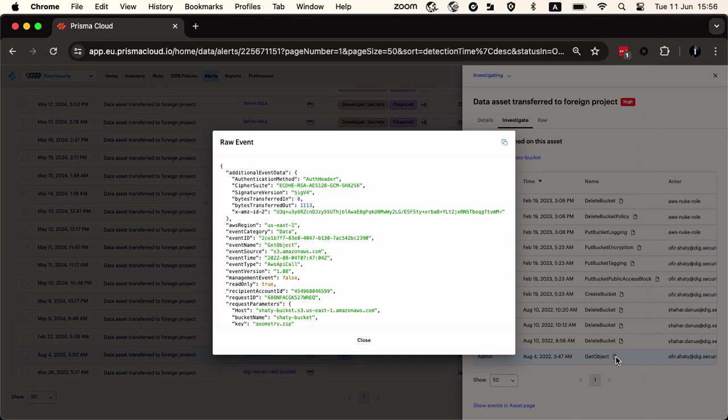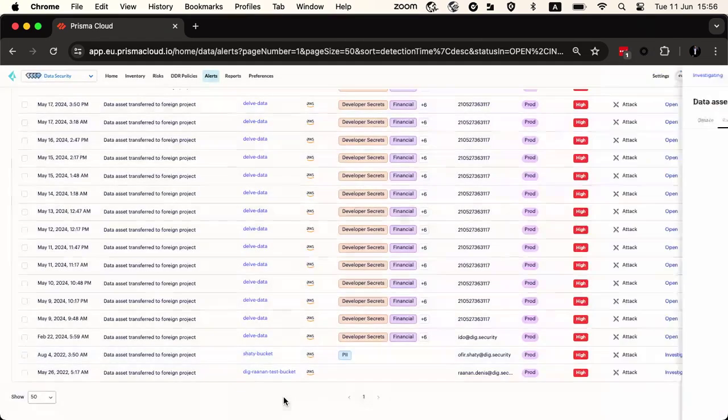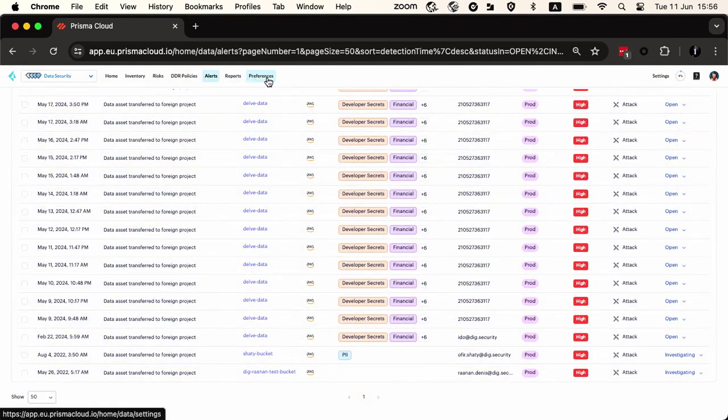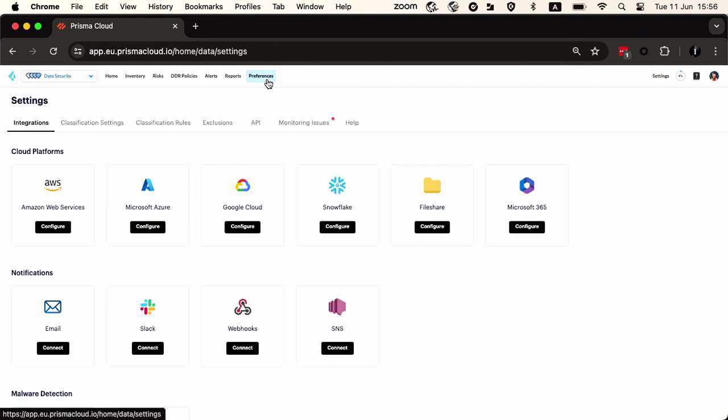This is what I call DLP 2.0, or of course, data detection and response, which is a new term that all of you are hearing. And all of this, again, comes with a very simple policy of how we do this. Onboarding is super simple, and that's the process there.